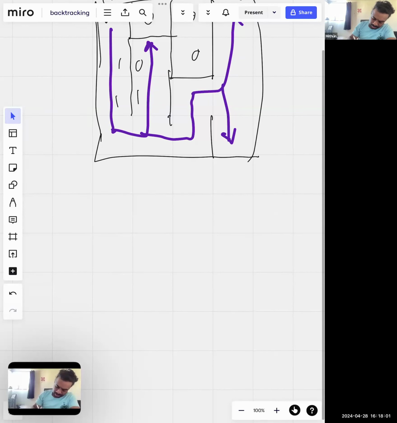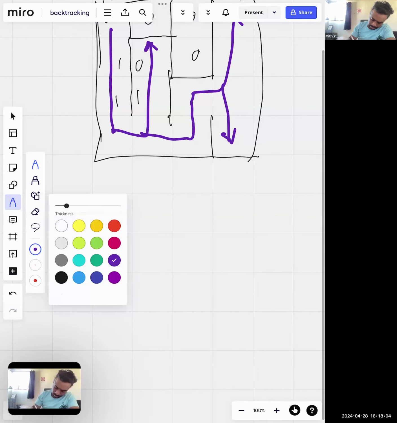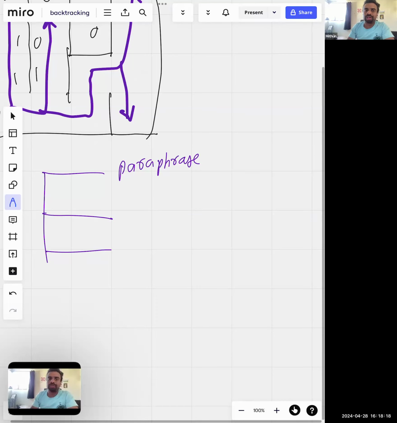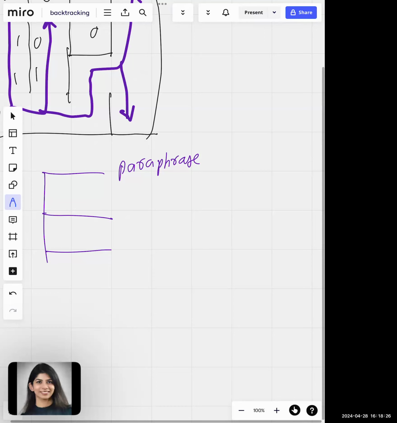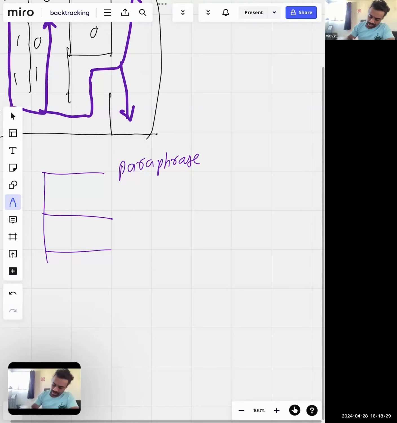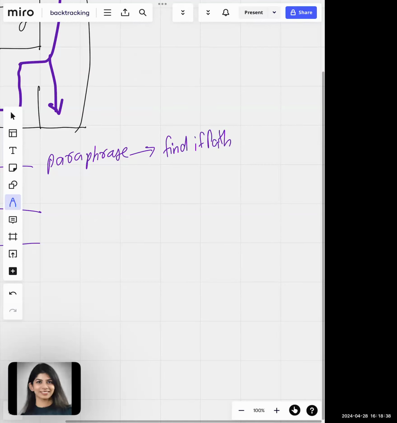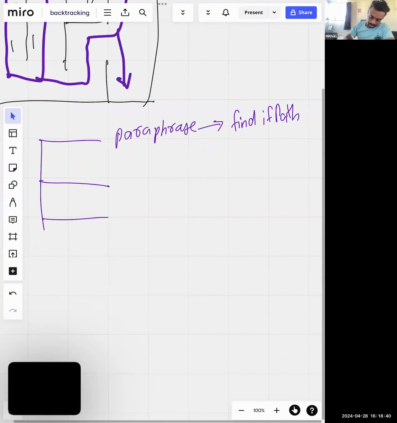So let's start with the standard steps. Paraphrase. We'll try with the same idea: start with recursion, eventually do it again. Maybe for starters, we can make it a simpler question, which is to find if there is a path or not. If you find it, printing is the easy part. So: paraphrase,